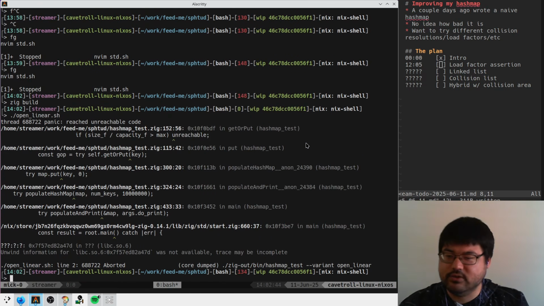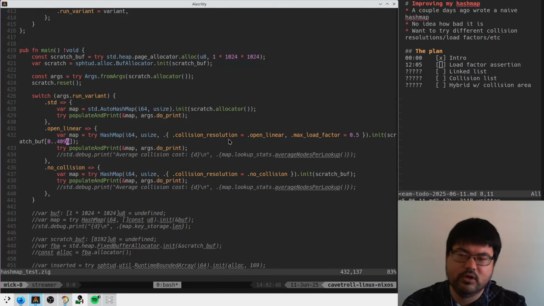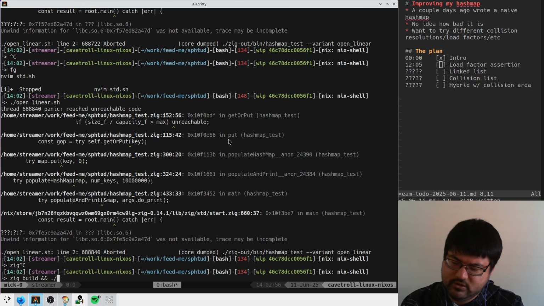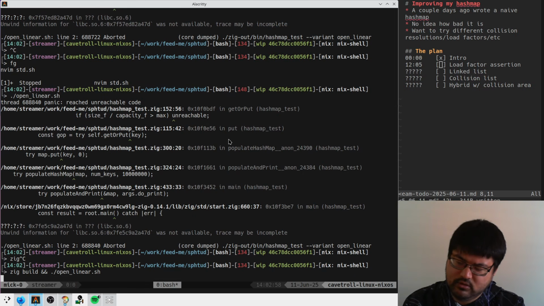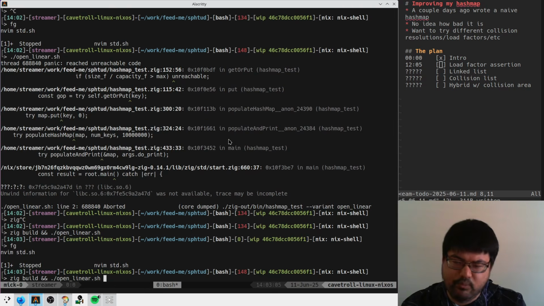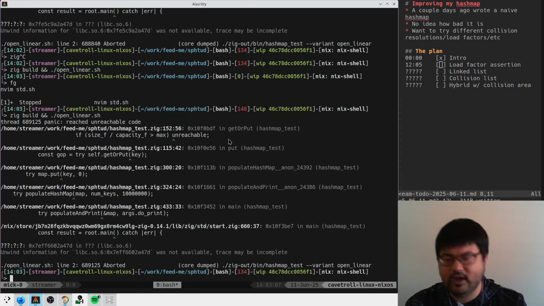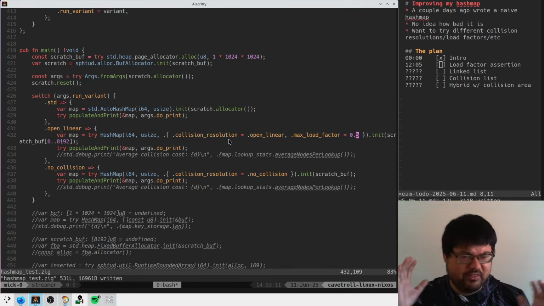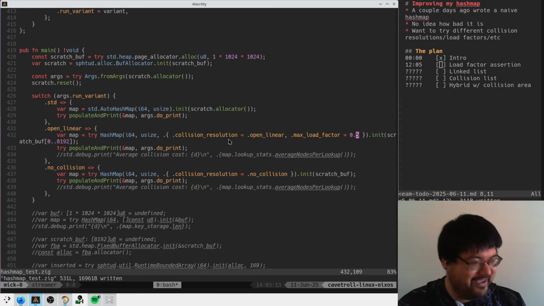Yeah, so here we're hitting the capacity is over the maximum. So if we then increase the size, zig build open linear. Okay, so he's chilling. So then if we're like, okay, but what if we wanted our max load factor to be 0.3? I assume that this will crash now. Yeah, hype. Okay, cool. So now we at least have an approximate idea of our